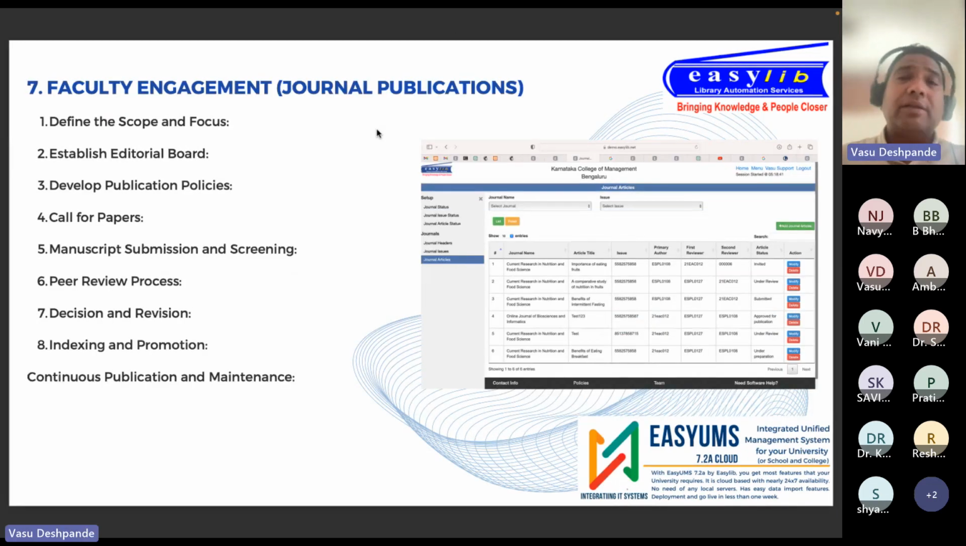The next one is engaging the faculty. One step ahead, how do you engage with the faculty? There are multiple methods of engaging the faculty. One of the things is journal publication. Can you come up with your own journal? So again, what we have done in Easylib is that we studied the entire journal